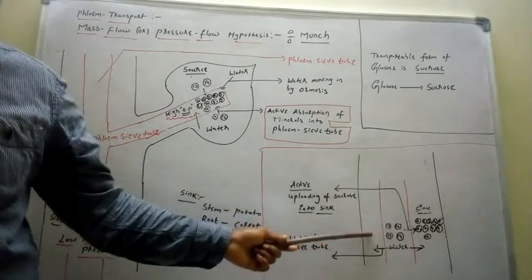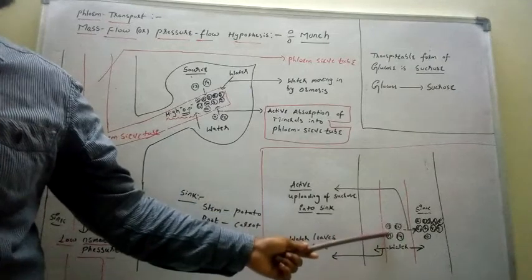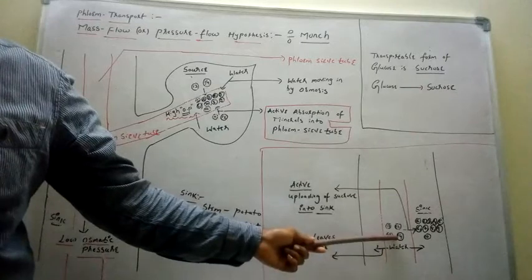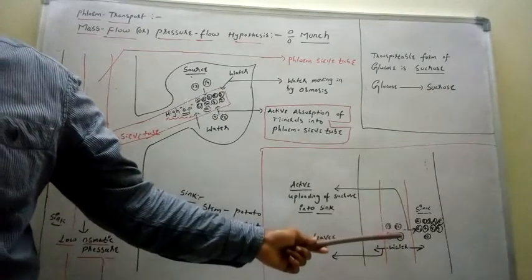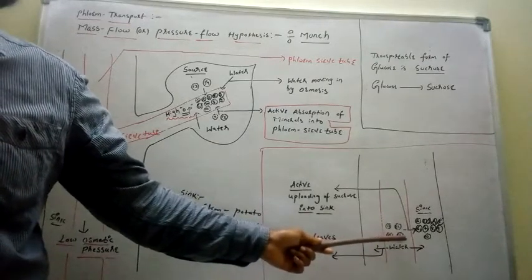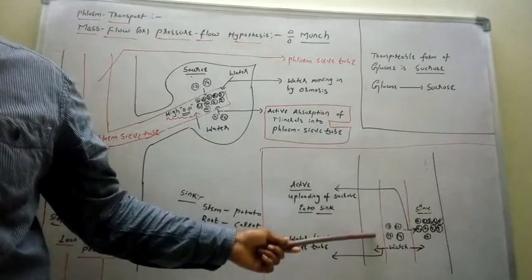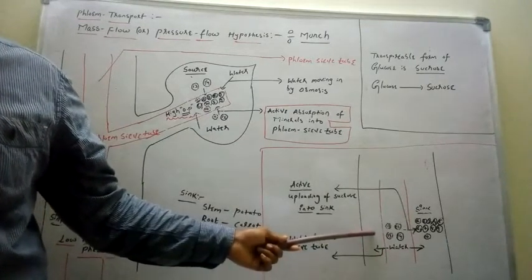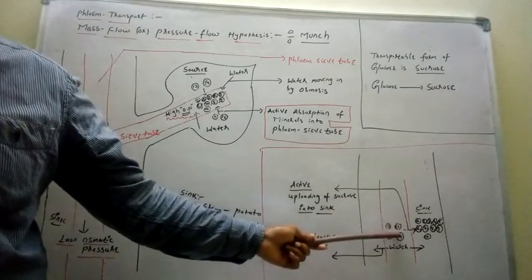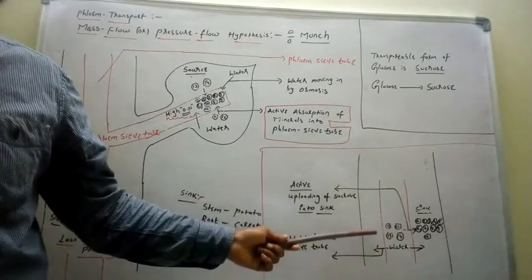So when all the solute molecules have entered into the sink, there are no solute molecules in the sieve tube. As there are no solute molecules, only water is present. So we know that the water potential of pure water is very high. The surrounding xylem consists of water plus minerals, that we know already. So xylem not only transports water, it also transports minerals. Here only pure water is present. So the water from higher water potential moves into the region of lower water potential. So that is the transportation of food material.